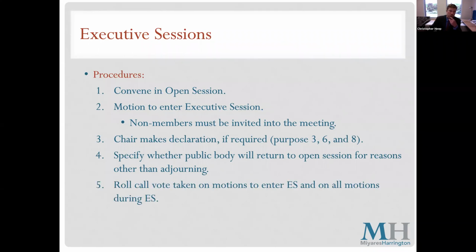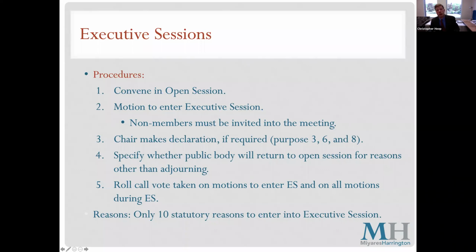And then all the votes to go into executive session, all votes taken in the executive session, and the motion to come out of executive session all must be done by roll call. So that's the procedure for going in. And there are 10 and only 10 specific statutory reasons for which a board may go into executive session. I don't want to go through all of those tonight.